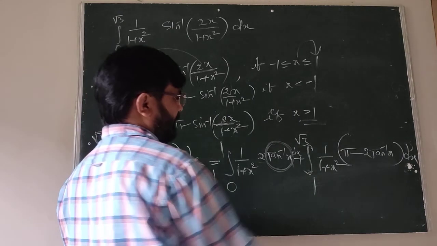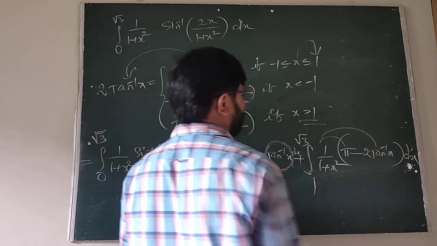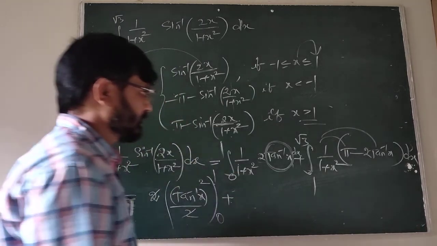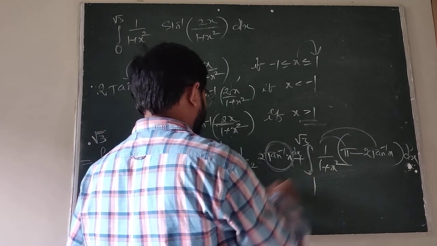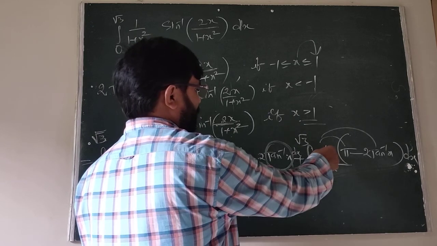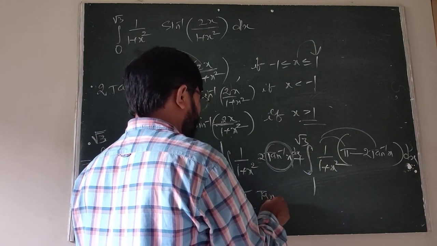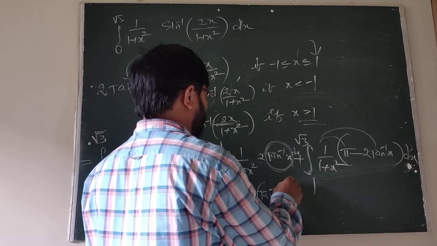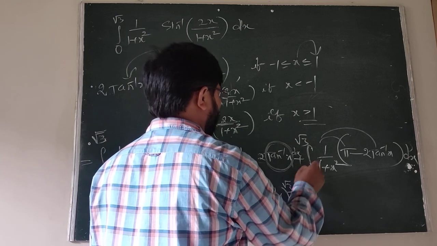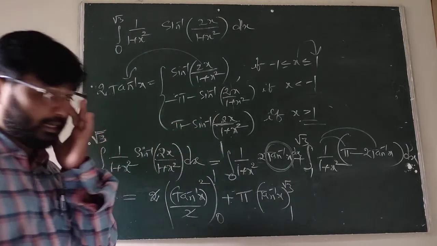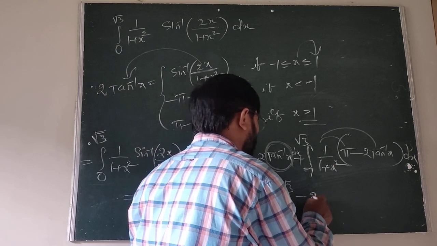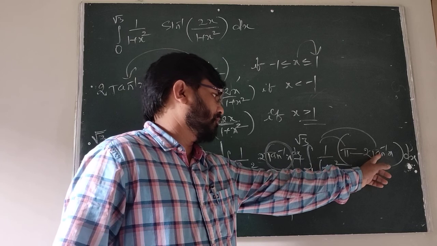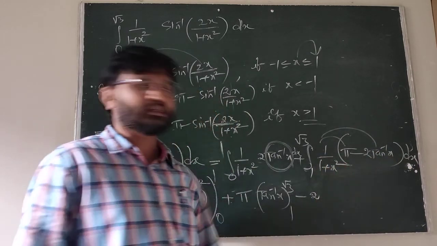Now here in the second integral we have to split into two integrals. Now the first one is, how to write the first one? This is pi, we can write the pi outside, and 1 upon 1 plus x square integrates to tan inverse x, that is from 1 to root 3. Therefore the next one is here the same: minus 2 you can write outside, tan inverse of x dx by 1 plus x square.